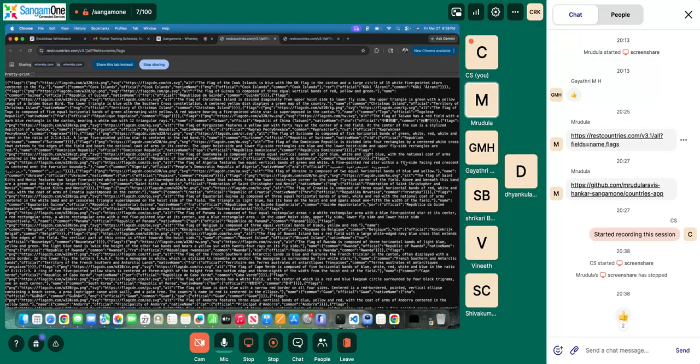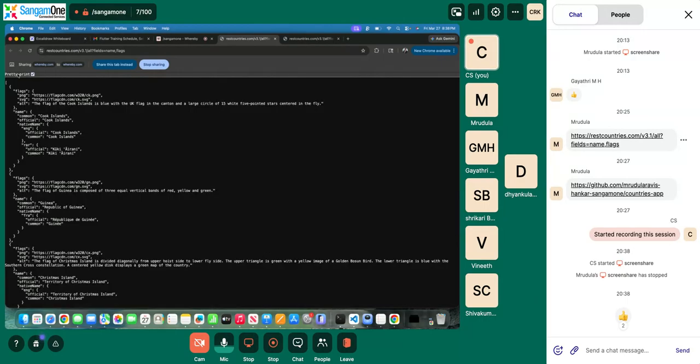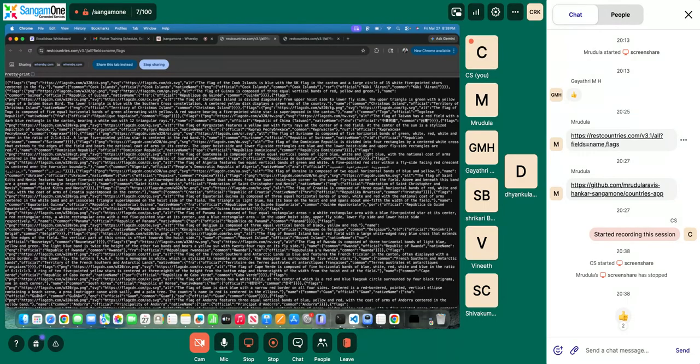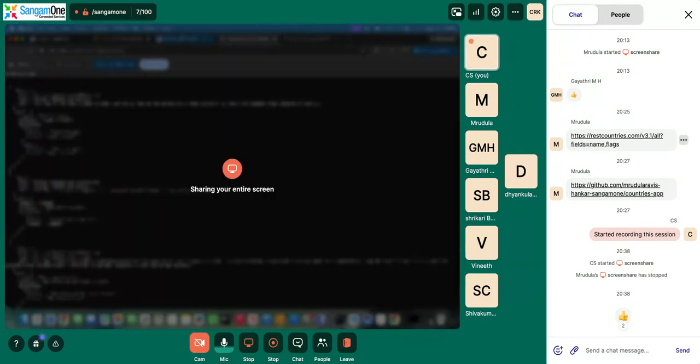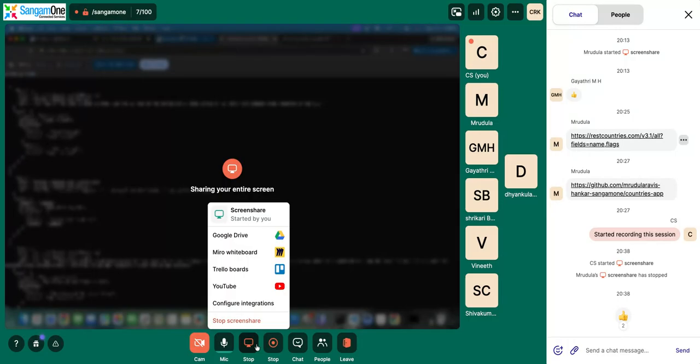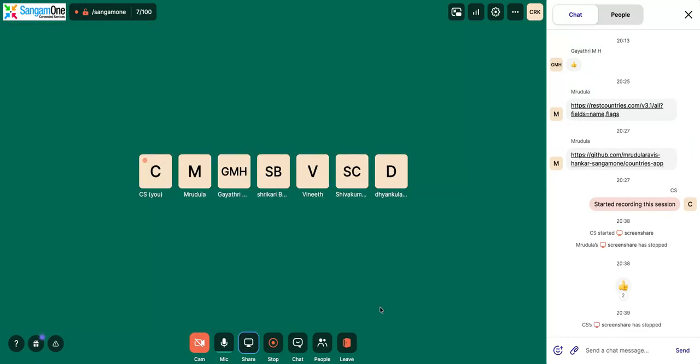You need to click on print pretty. If you click on print pretty, then it will get arranged like this. So I just wanted to differentiate this. This is the raw data. Can you see this toggling? Yeah. I'll stop. Okay. Go ahead.